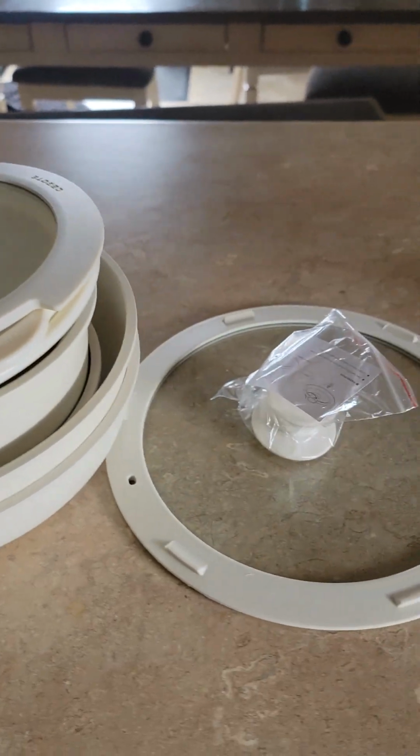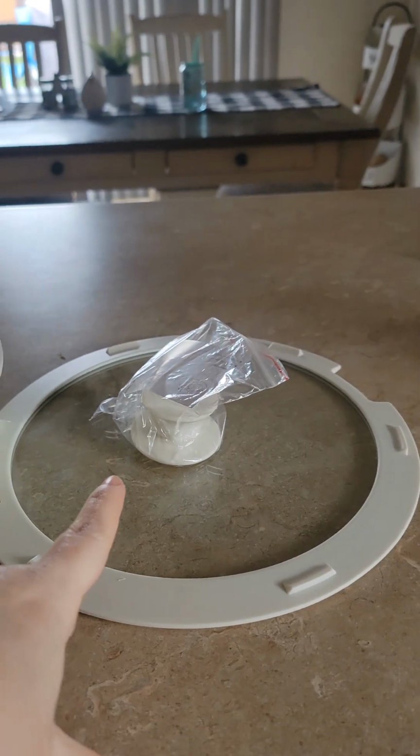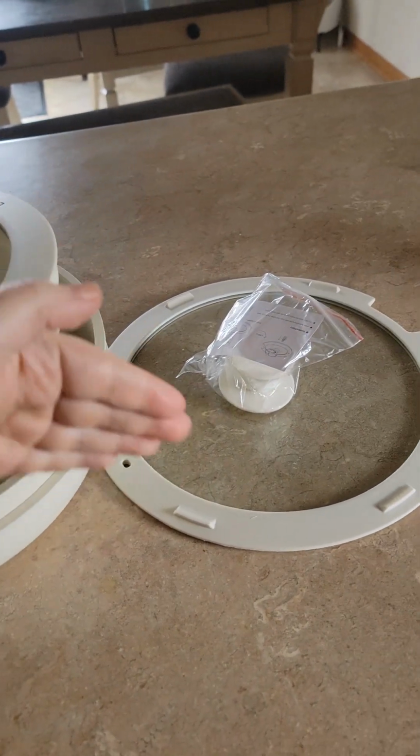I haven't even used these and I'm so freaking obsessed. Look at how little room it takes up. Now I still have to put the lid together. So this will go on top, but I'm thinking about getting one of those separators where you can just put